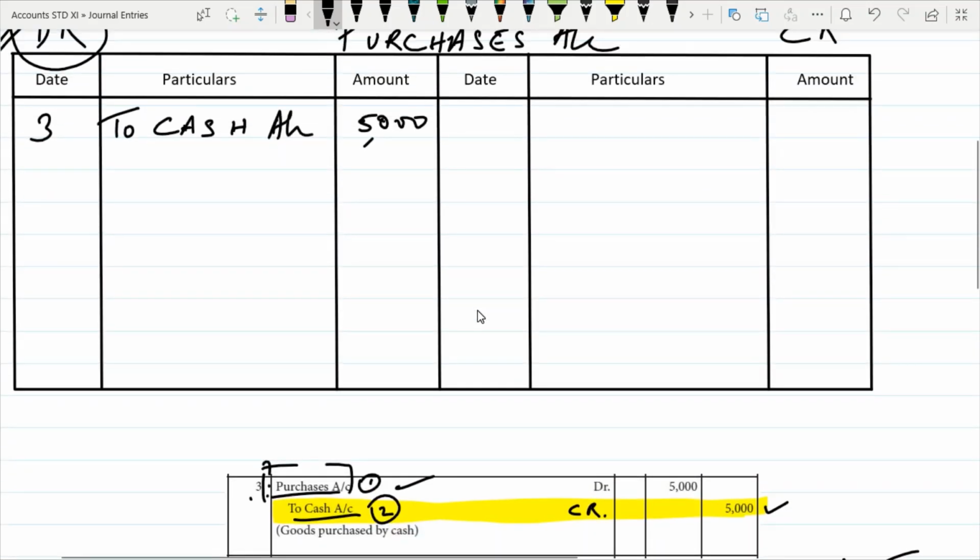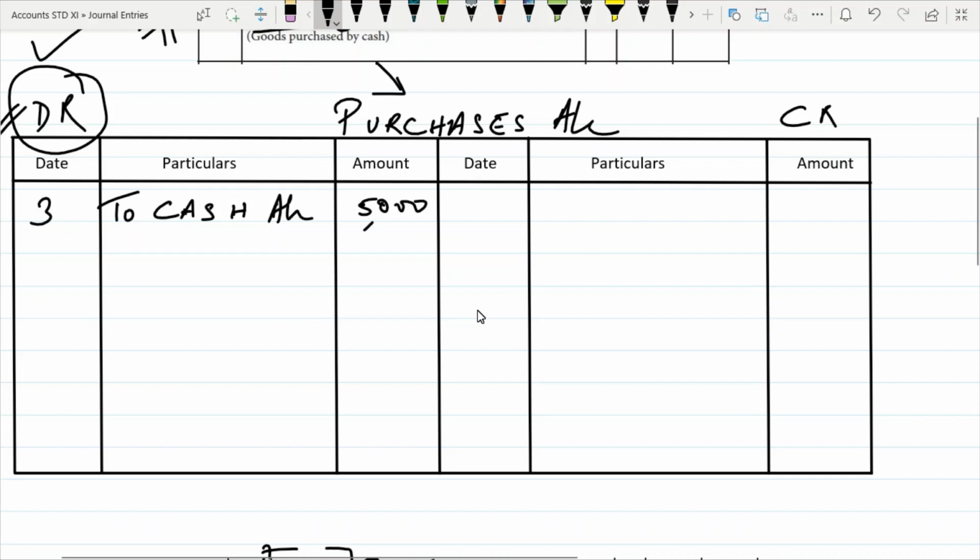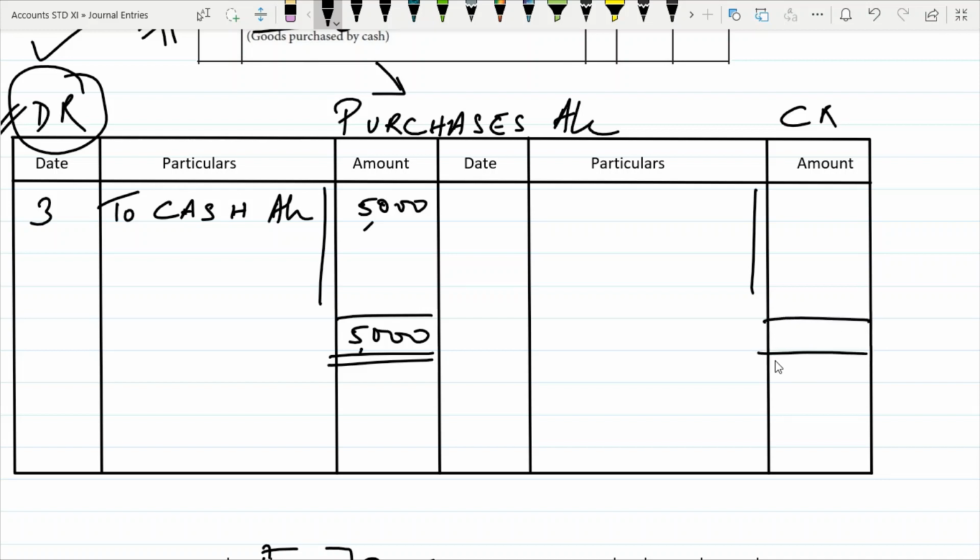Now let us learn how to balance these ledgers. Now when we are balancing the ledger, you have to look at both the sides, the debit side amount and the credit side amount, whichever side is higher. So now in this case the debit side is higher, right? So it is higher by 5,000. So we shall write 5,000 as the balancing figure. In this case we don't have anything here, so whichever side is higher we have to write. So obviously the debit side is higher, so first write here and then followed by 5,000 on the other side.